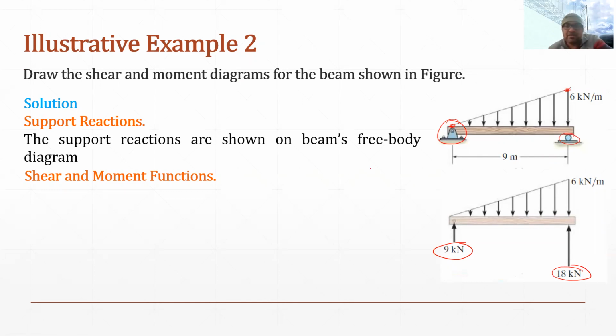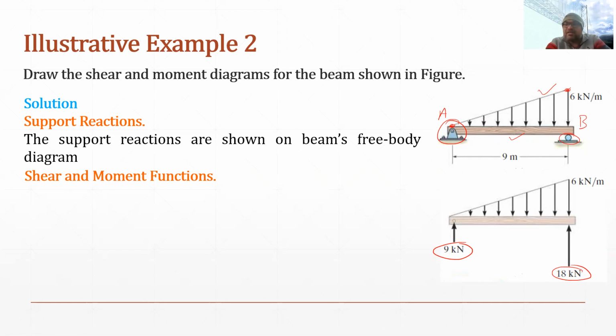So now our next step is to find out the functions of moment and shear force. But before that, we have to decide how many segments can be made here. Well, you can see in the beam only one type of load is there, and that is why we will be having only one segment. So I'm naming this as AB. So segment AB will be there only.